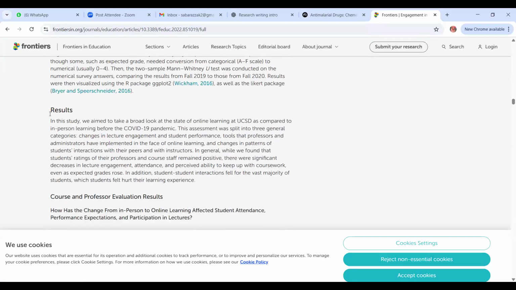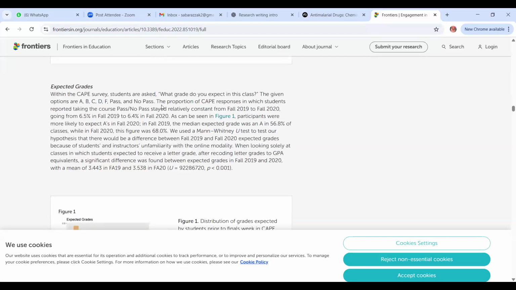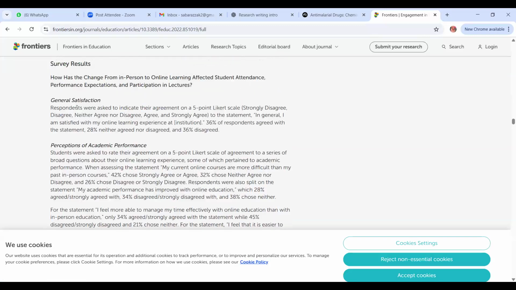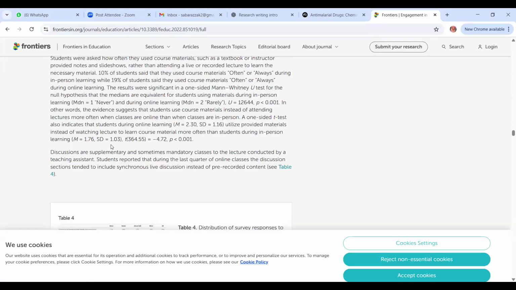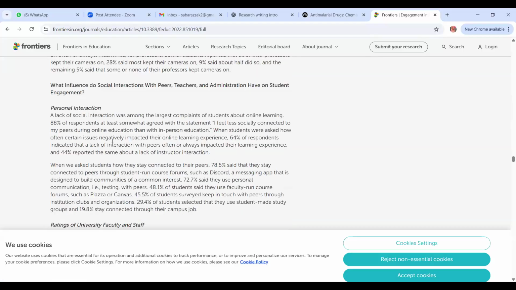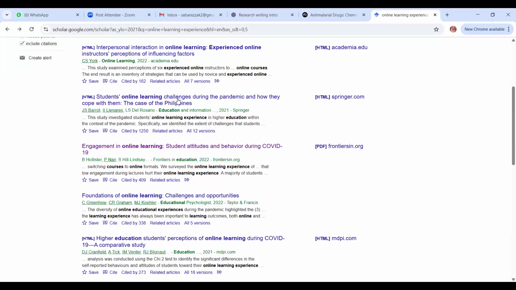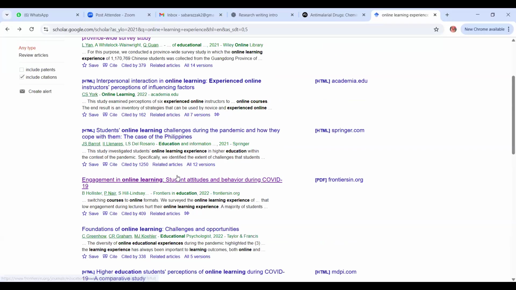This is also called results. This is the results. These are different headings. In results, figures and pictures and so on are mentioned. In the last, the discussion part is explained. So basically it's one of the types of research article, in which most of the 4 headings will remain the same throughout your pattern. If you study different articles, like 20, 30, 40, 50 related to this topic, online